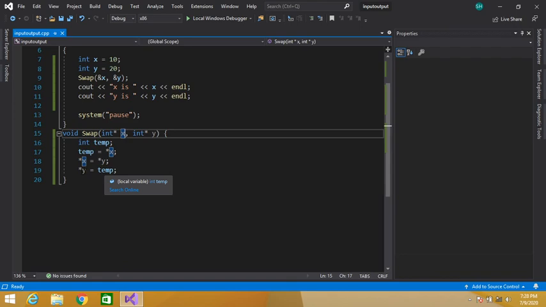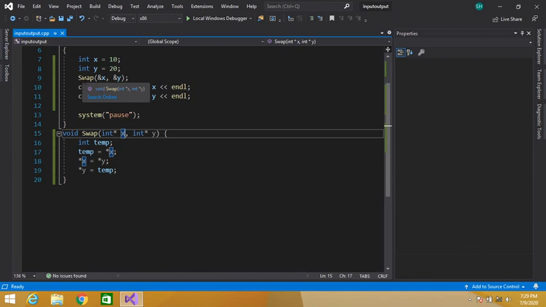So we have to use the dereference operator, otherwise it will access the address, not the value. So I have exchanged the values here. Because we are passing by reference, the changes made in this function will also be reflected in the main function.